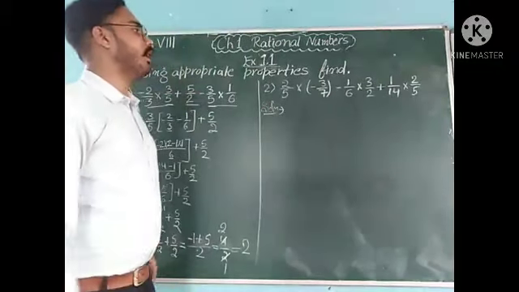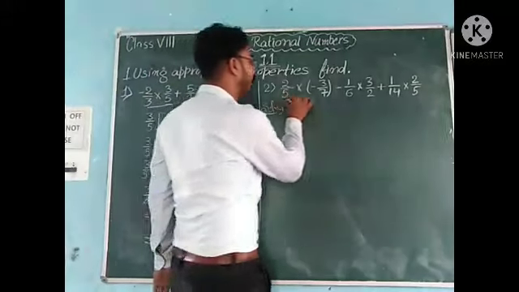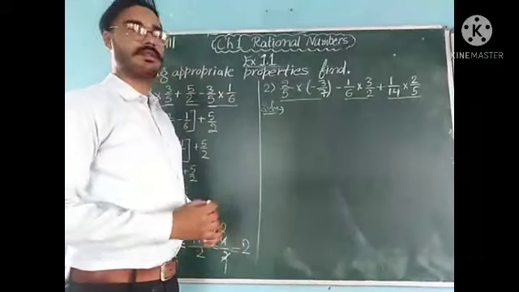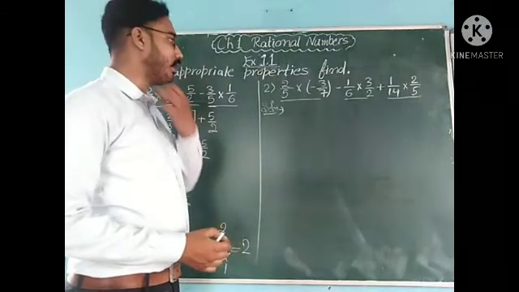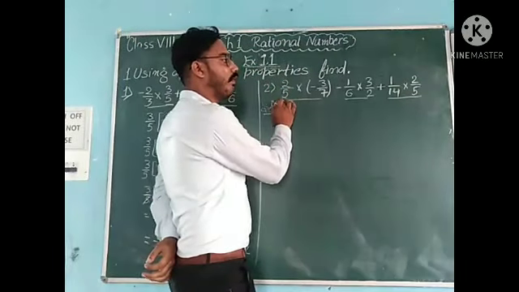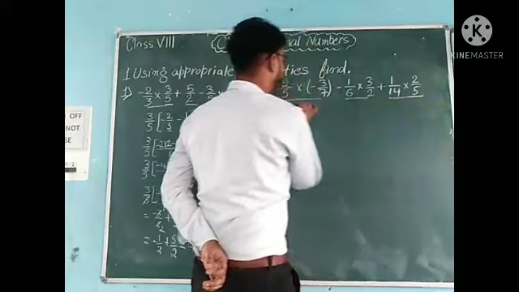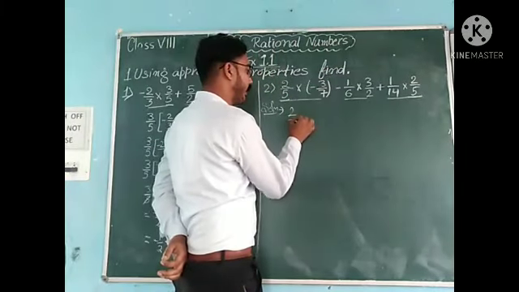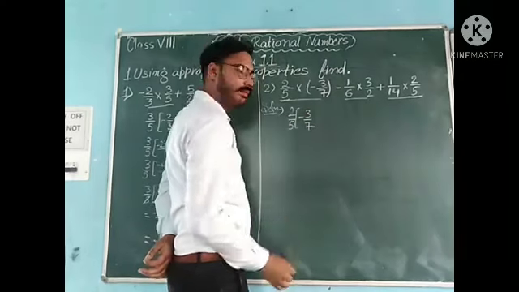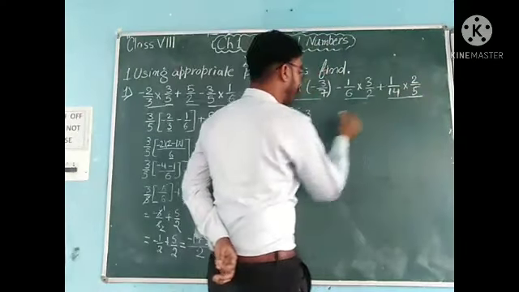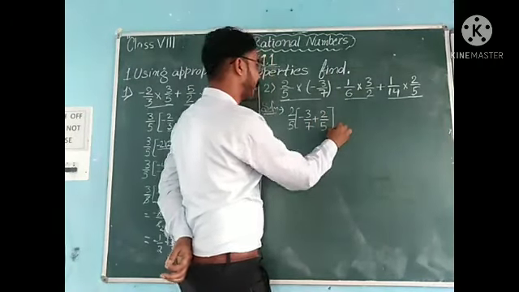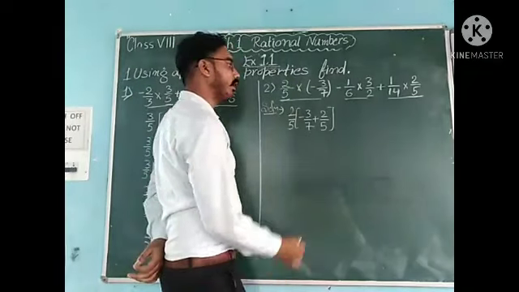And now come to the solution of the second question. In the second question, there are 1, 2 and 3 parts. So in these 3 parts, firstly we solve as here is 2 over 5 and here is again 2 over 5. So write the common 2 over 5. In the first we have 3 over 7 and after that there is 2 over 5. Clear?